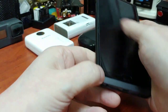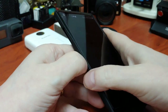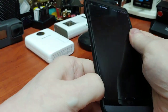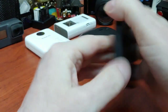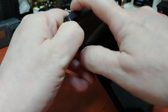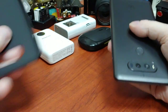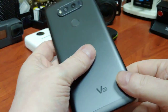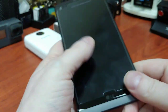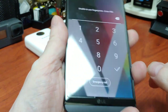So, what have I got for you today? Well, I have a phone that I reviewed last year, and I sold it, and then recently I saw one of my friends with it, and it made me miss it. So, I went and got myself another one,